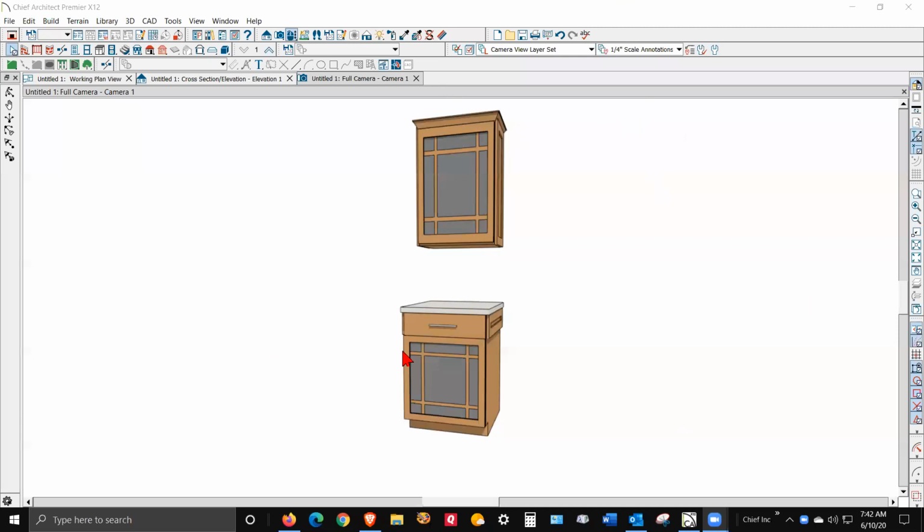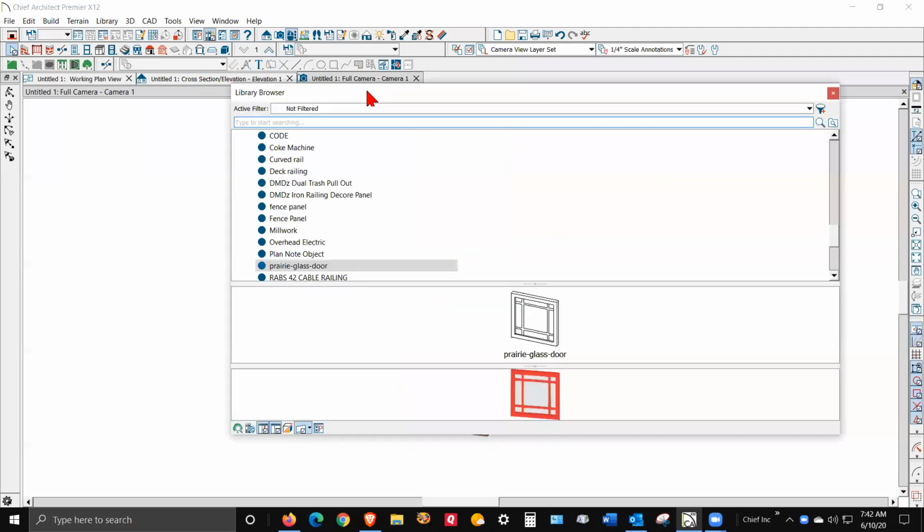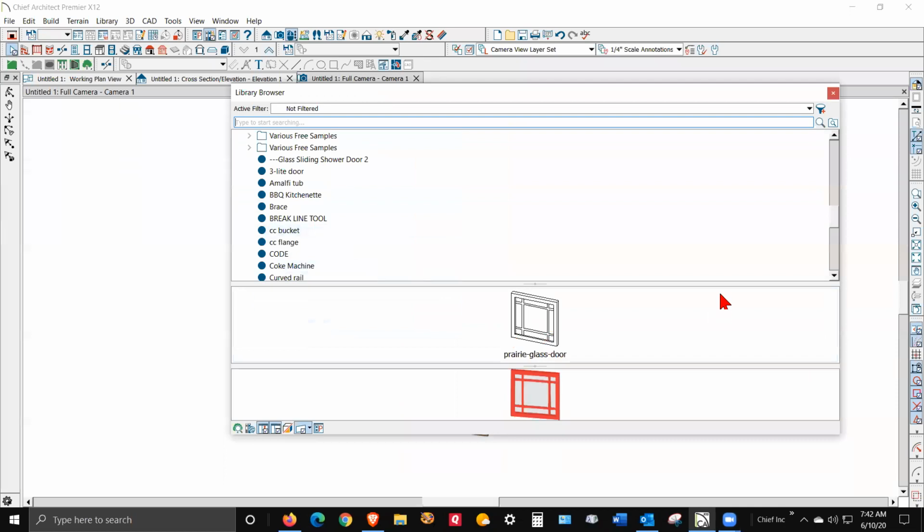Read your post and I searched through all the catalogs that I had for cabinet doors. I just got interested, okay? Let's open the library browser. So I found this, I'll get to that in a minute. But before that,